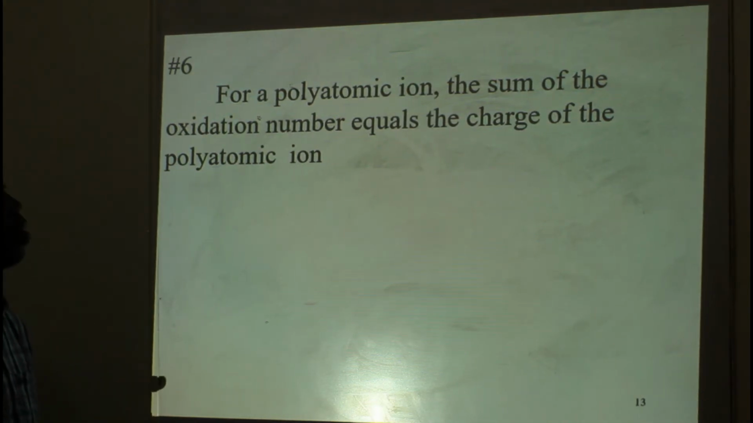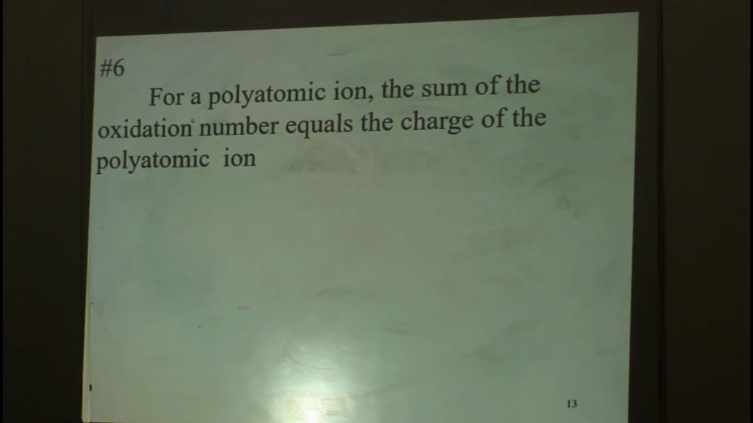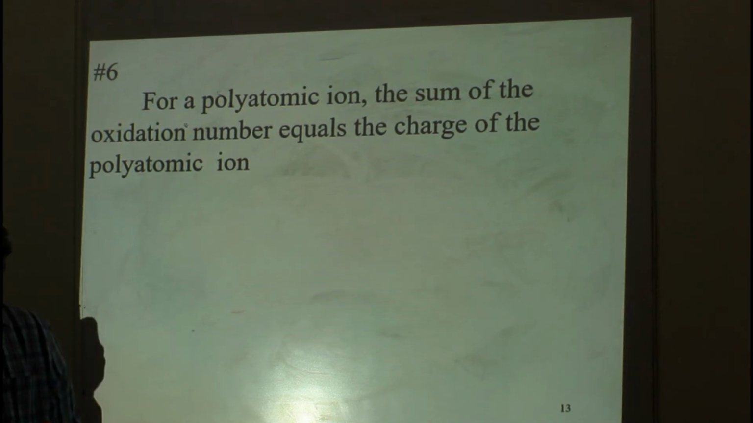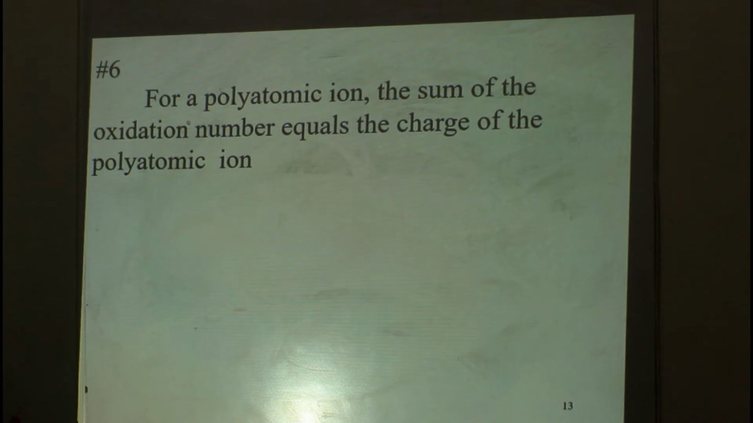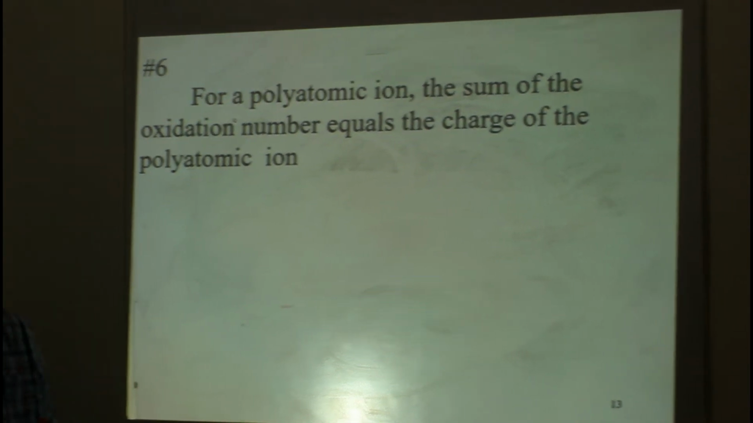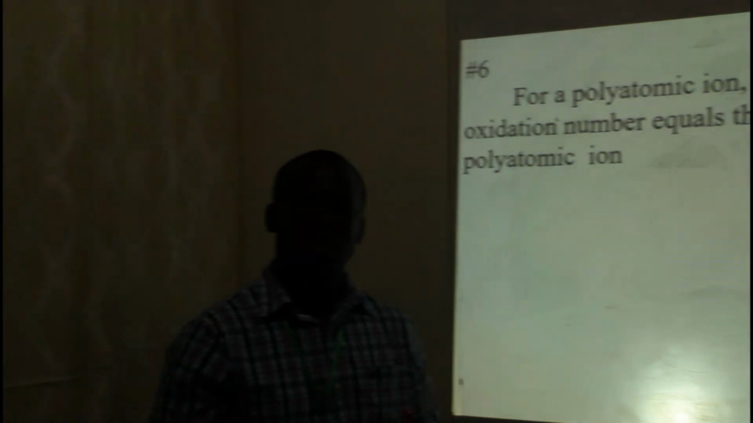Rule number 6. For a polyatomic ion, the sum of the oxidation numbers equals the charge of the polyatomic ion. Here it means that if the species is not neutral but charged, then the total oxidation state should be equal to the charge associated with the species. For example,